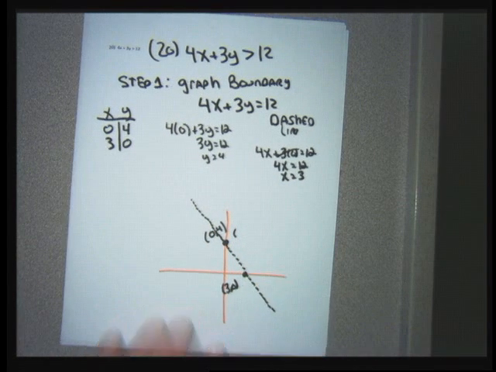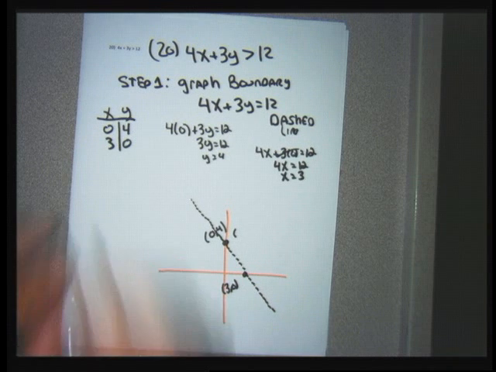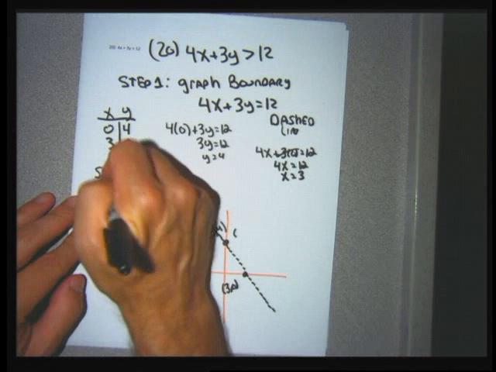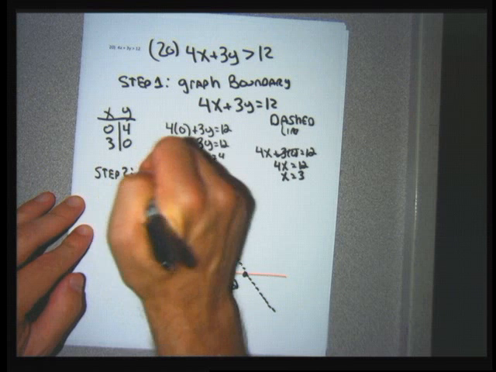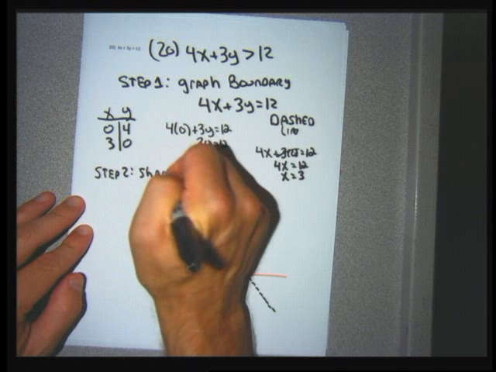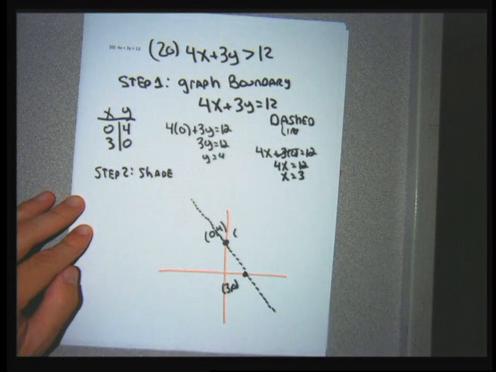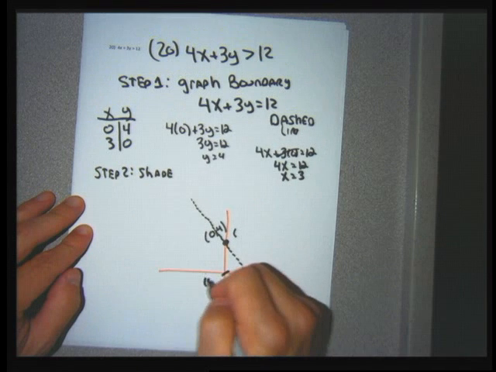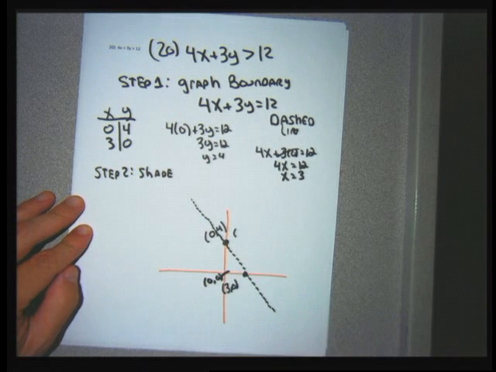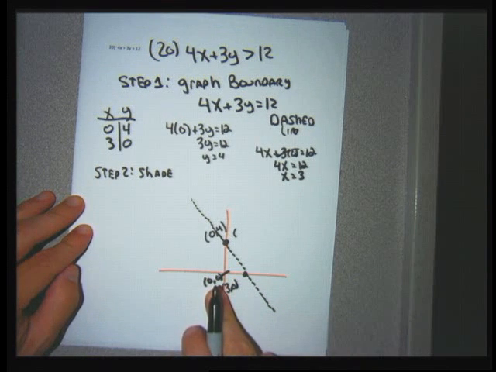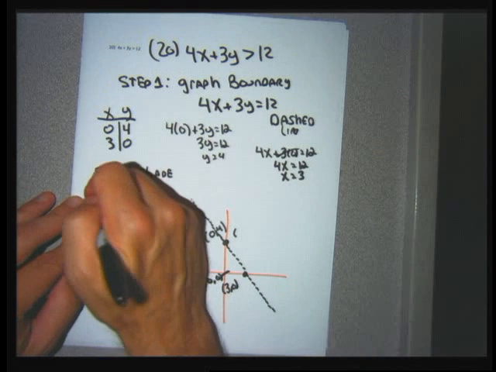So I did my boundary with a dashed line. Step 2 is to finish it off by shading. I have to find the true and the false side of the line. I find the true and the false side of the line by figuring out if (0, 0) is on the true or the false side. I'm going to plug